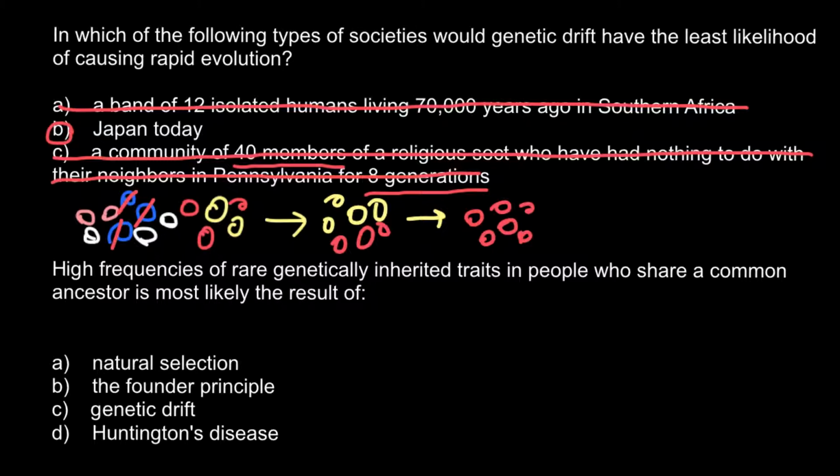Now, second question. High frequencies of rare genetically inherited traits in people who share a common ancestor is most likely the result of answer A, natural selection, answer B, the founder principle, answer C, genetic drift, and D, Huntington's disease. And in this list, one of the answers stands out of the list, just like, for